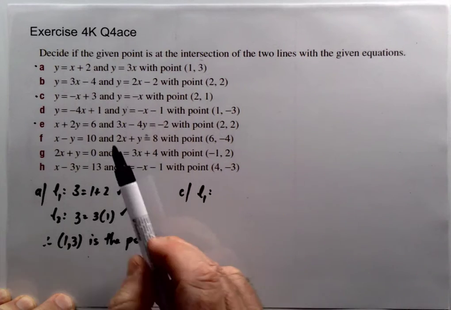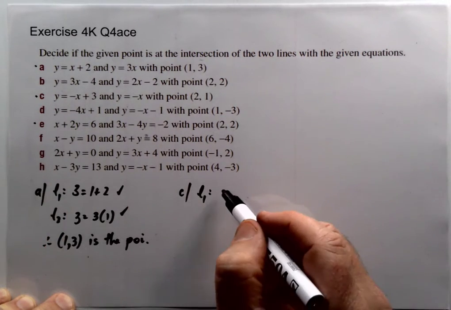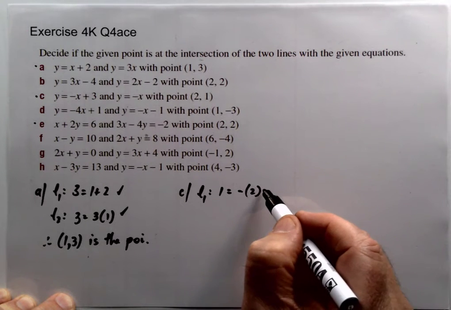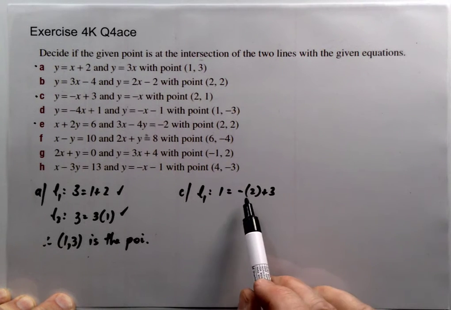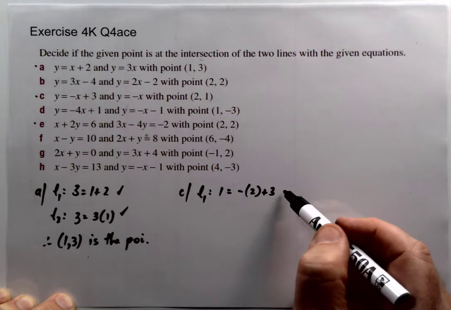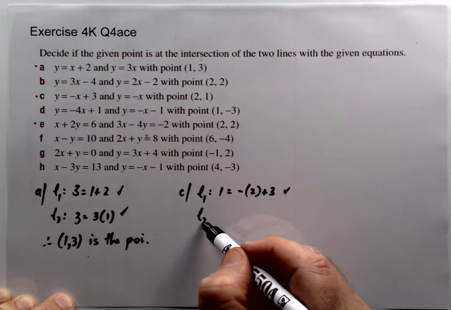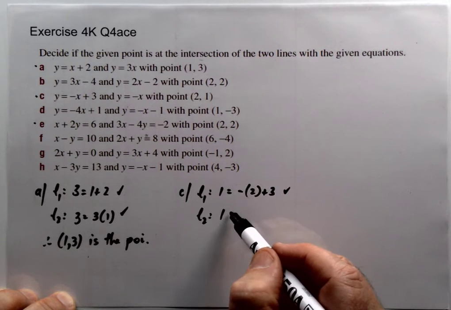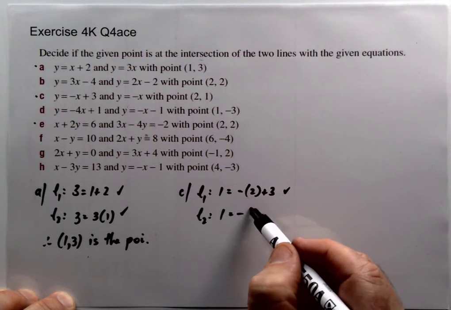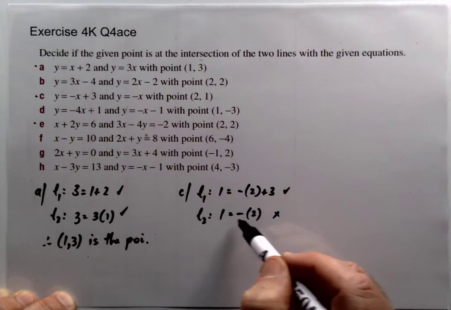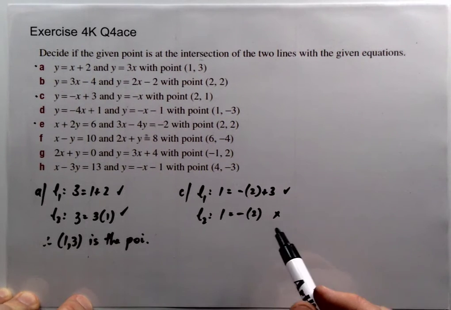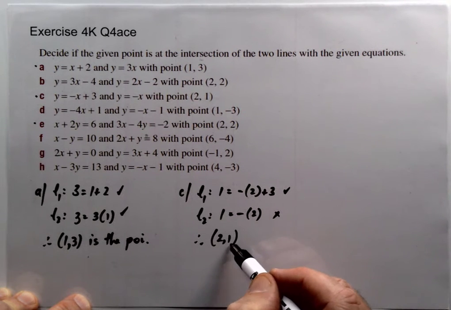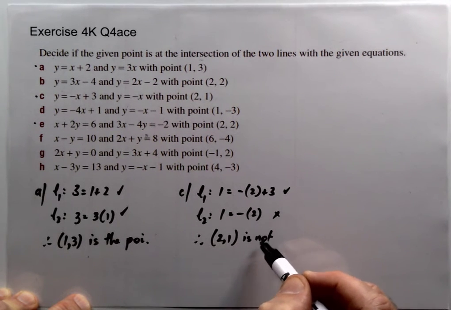Again, for L1, the left-hand side is going to be equal to 1. The right-hand side is going to be minus the x value plus 3. Now, that's 1, so yes, it does lie on that line. For the second line, the left-hand side is just the y value. The right-hand side is minus the x value. Now that's not a correct statement because 1 is not equal to minus 2, so therefore